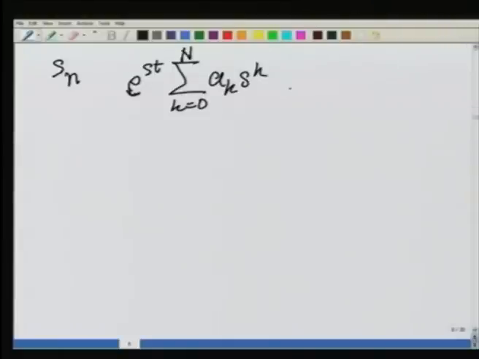Now, if S n is a solution for the algebraic equation, then if I put S n over here, that is if I subscript this S by n, so that I have chosen S to be the nth root of the algebraic equation, then we already know that the polynomial factor in this solution of the homogeneous equation will become equal to 0, and hence this entire expression will become equal to 0. So, if I write n in both these places, that is if I use S equal to S n,